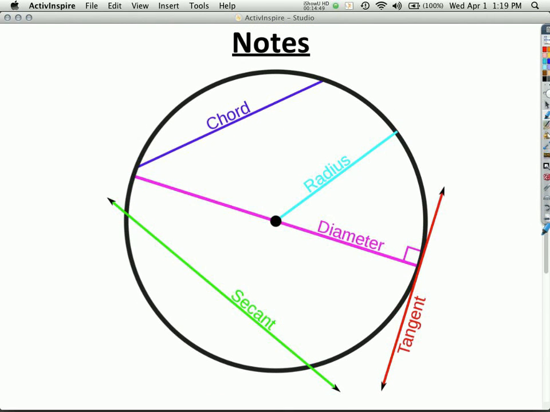here is a picture, and in it I've illustrated 5 different types of segments. So we're going to do a short activity. As a team, you are going to come up with informal definitions of each of these terms: chord, radius, diameter, tangent, and secant. Your goal is to be able to tell the class what distinguishes a secant, what makes it